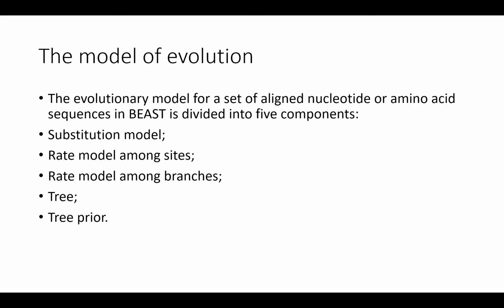Finally, BEAST also has a model of the insertion and deletion process. BEAST allows for the analysis of multiple data partitions simultaneously. It's useful for combining multiple genes in a coalescent analysis or assigning different evolutionary processes to different parts of a sequence alignment. Parameters such as substitution model, rate model, tree structure, and tree prior can be linked or unlinked in the analysis. Next slide, please.